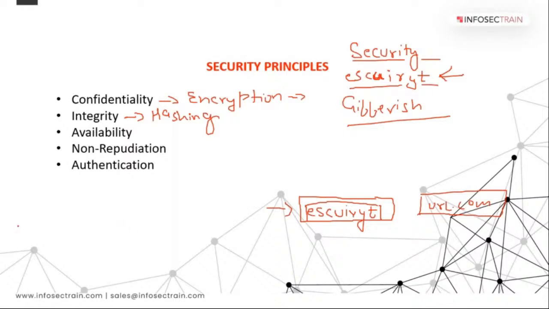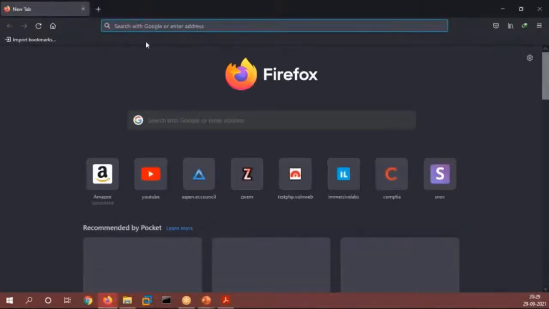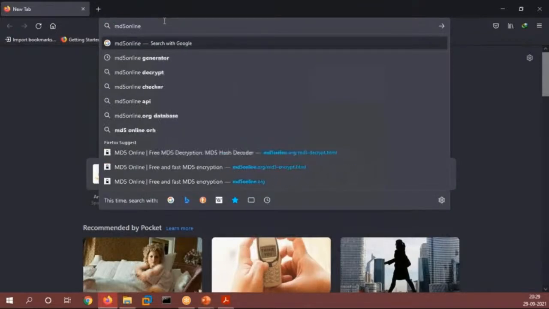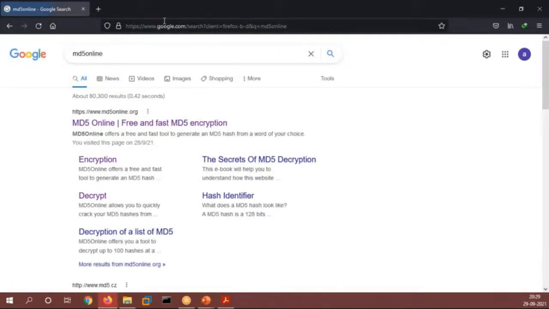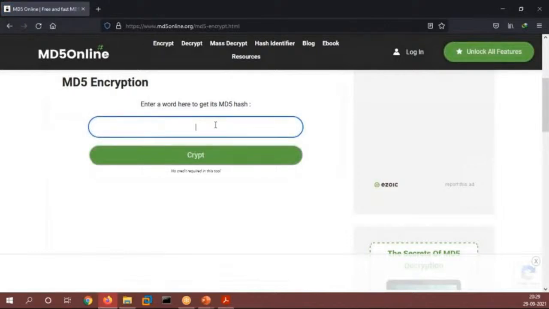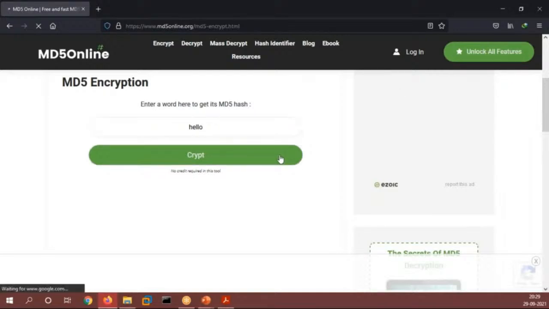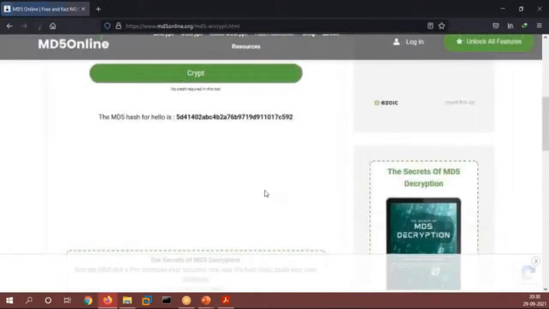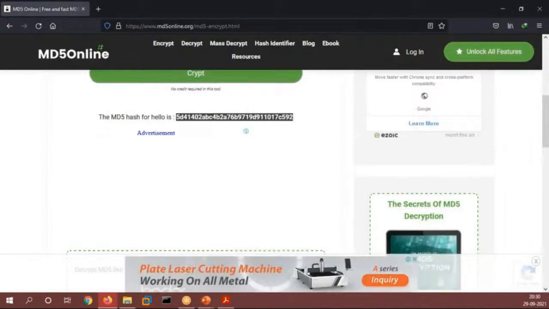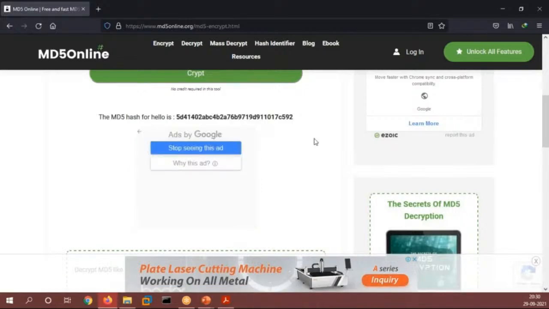If I want to show you guys, if I want to create a hash of something, let's say I'm writing hello, and I want to hash it. So this is now hashed. As you can see, this is your data in hashed format. So this is called your hash.